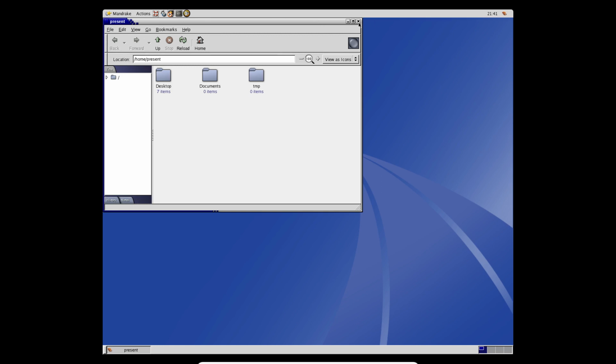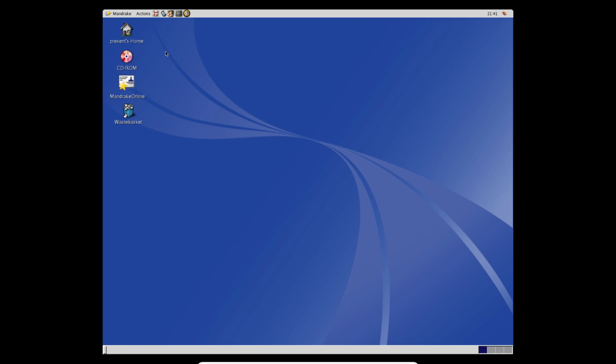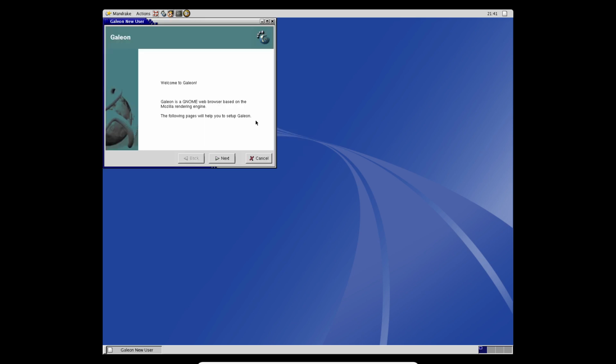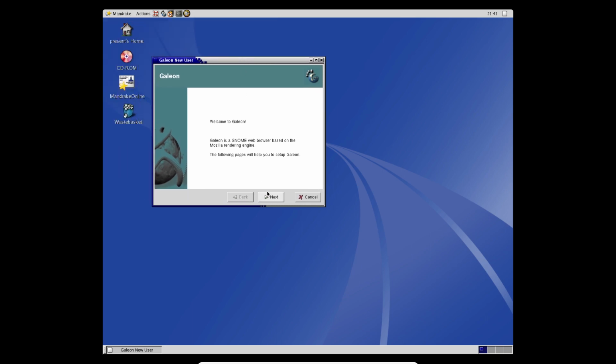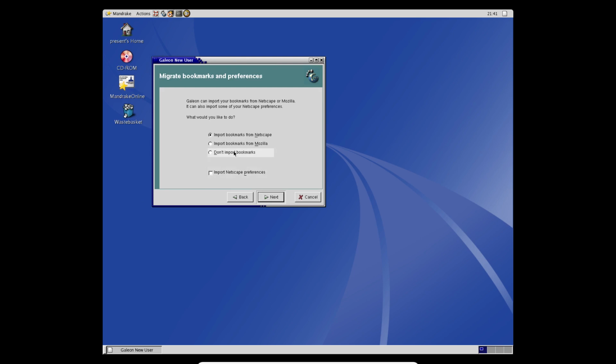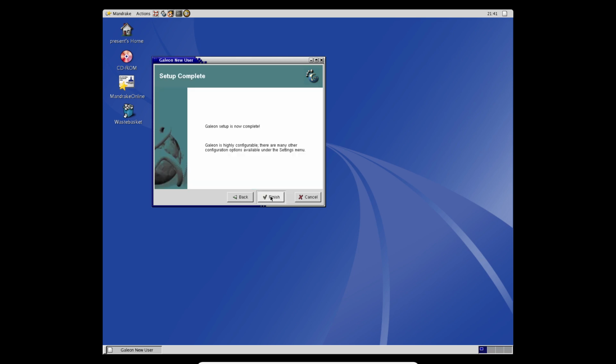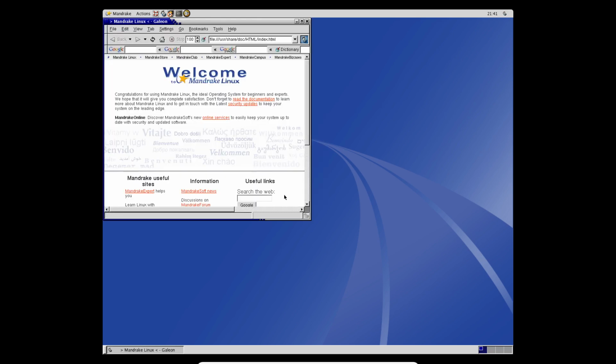I didn't show the king of file browsers though, which is Konqueror. I'm just saying. Of course, we got the same stuff here. Office tools, use the internet, etc. Browse the web. So there are little shortcuts of, well, what would you like to do? Now Gnome used Galeon back in the day. No, don't import any from Netscape, and so on and so forth. So we'll finish that, and we got Welcome to Mandrake, which is actually a file on the hard drive,